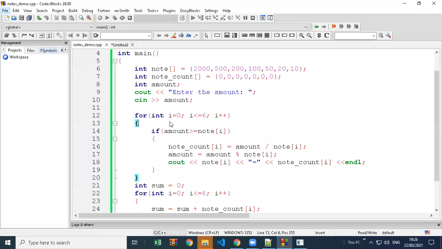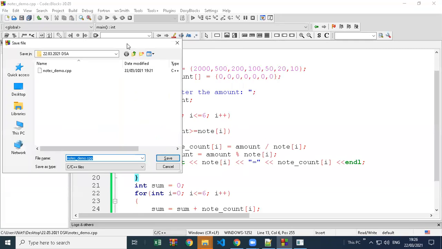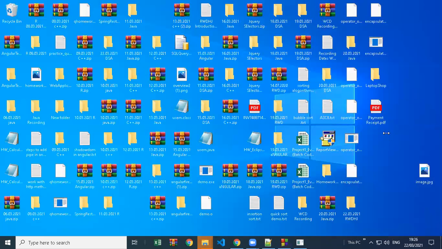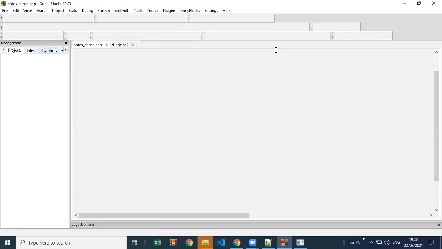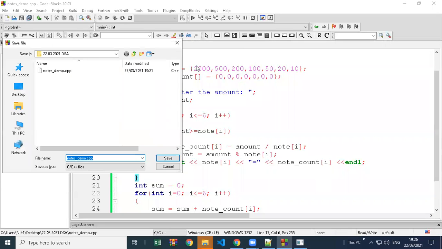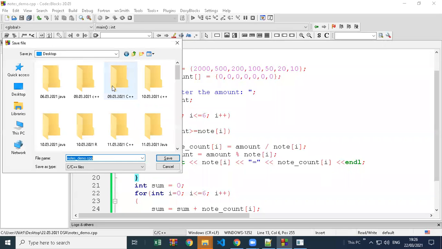Where is this notes demo saved? 22nd DSA. Yes, 22nd DSA. I think this DSA file is saved somewhere else.